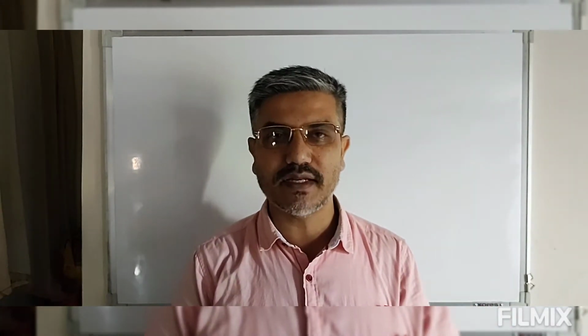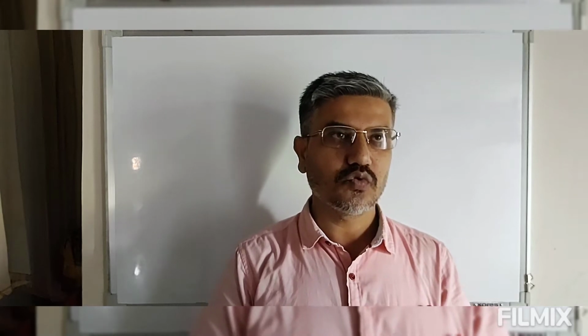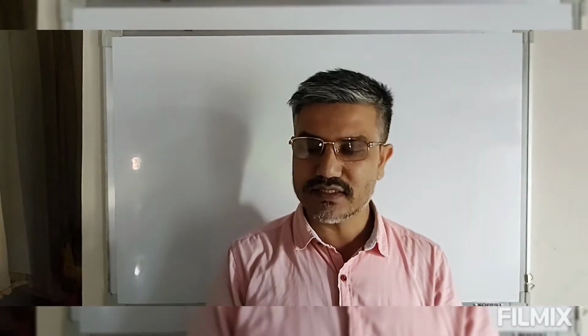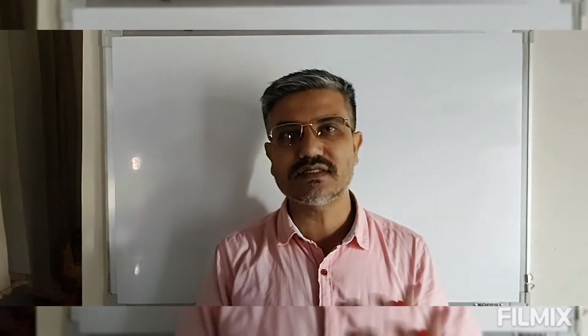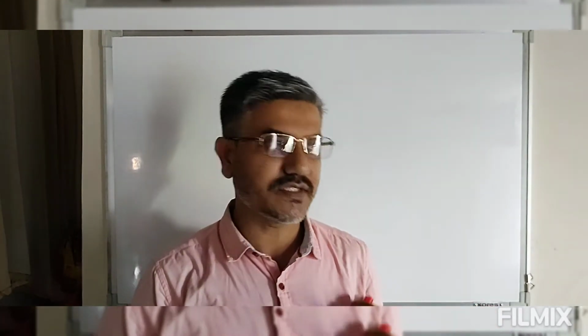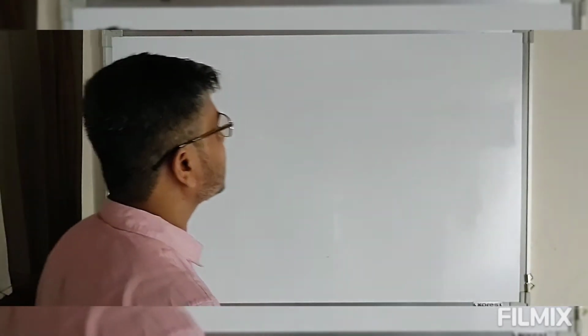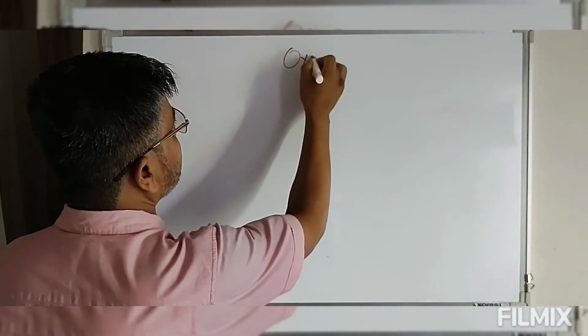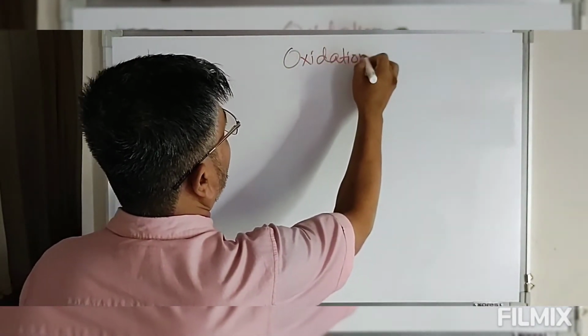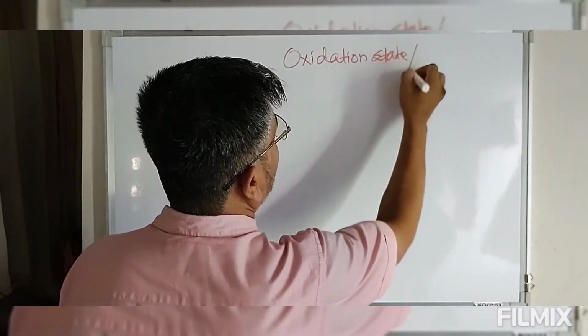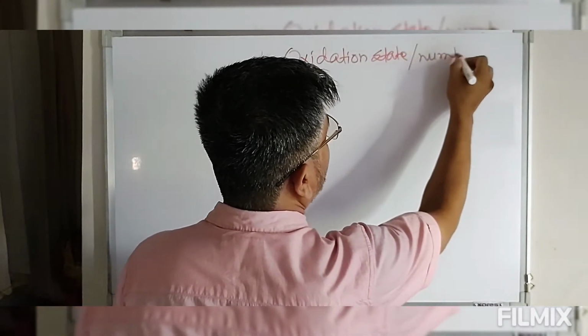During the course of a reaction, either loss or gain of electrons is taking place. As the loss or gain of electrons takes place, there is a change in the oxidation number or oxidation state of the combining atoms or elements. So we have to define what exactly the oxidation number or oxidation state is, and how we define it. So today's discussion is based on oxidation number or oxidation state. So the heading for this discussion is oxidation state or oxidation number.